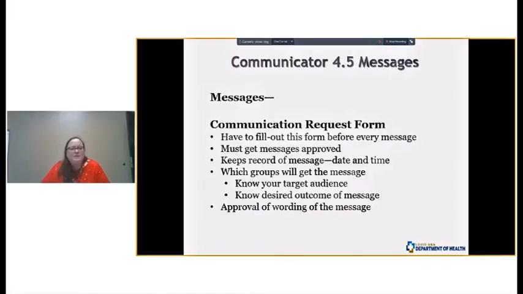Okay, so the first thing we're going to talk about is the communication request form. This should be filled out for every message that you send, and they need to be approved. If it's just a normal operations thing, the director can sign it, and then once you send the message out, you sign it as the communications person that